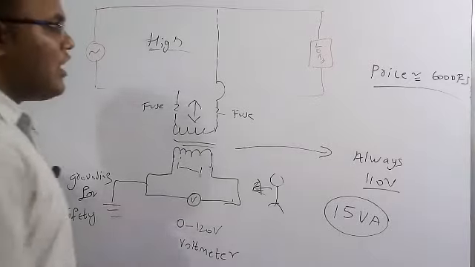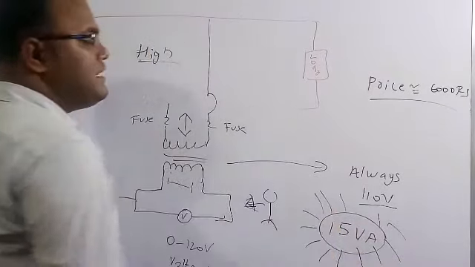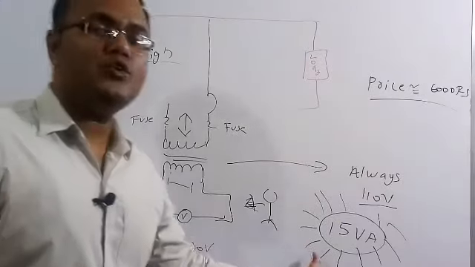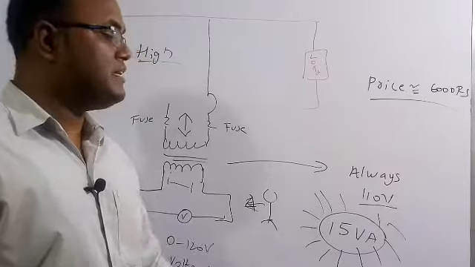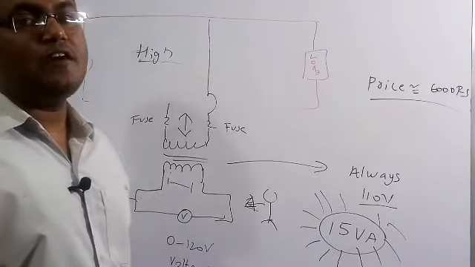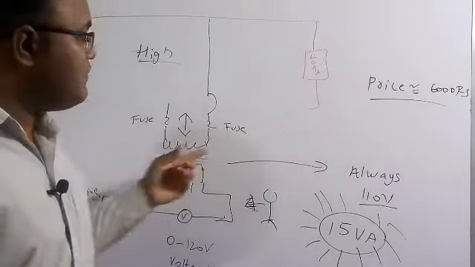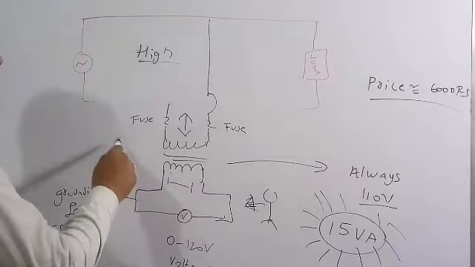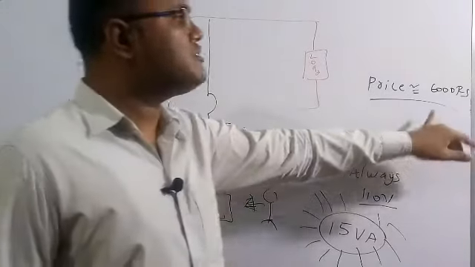So here the volt-ampere rating of the potential transformer is about 15 volt-ampere, which means it's a very, very low rating. Out of the 4 options, only 15 volt-ampere is the low rating when compared to the remaining 2 things. So this 15 volt-ampere is a general rating of the potential transformer. And if you see the price of a 15 volt-ampere PT in India, it is nearly equal to 6,000 rupees.